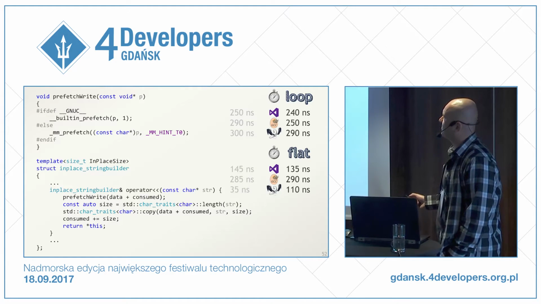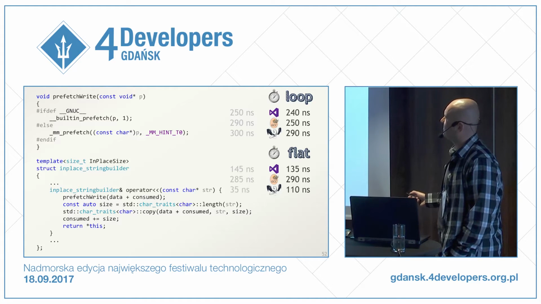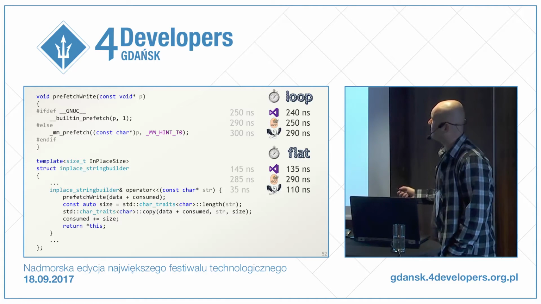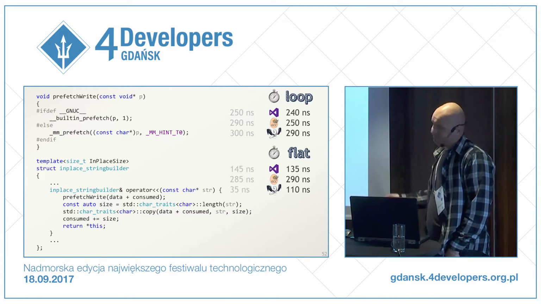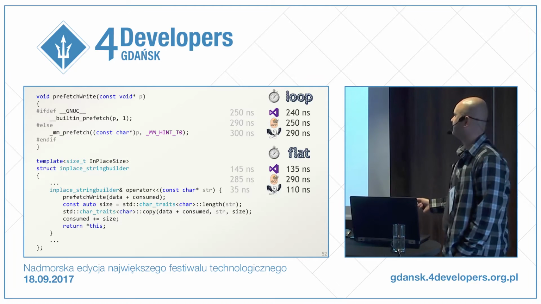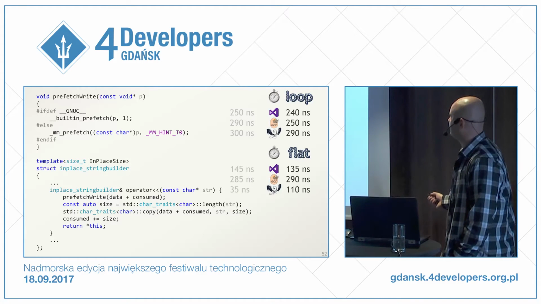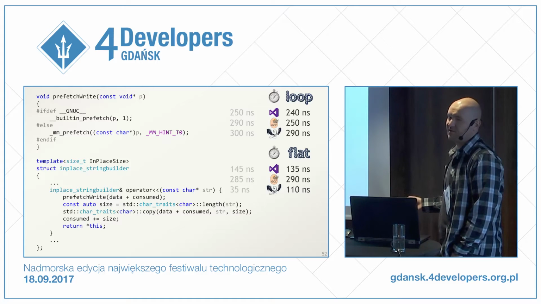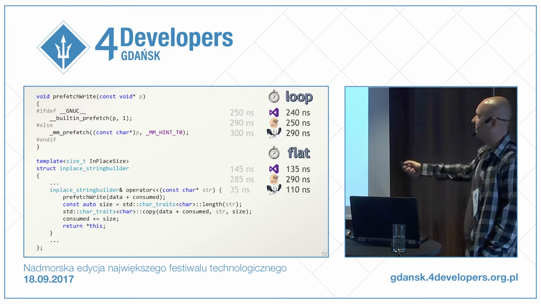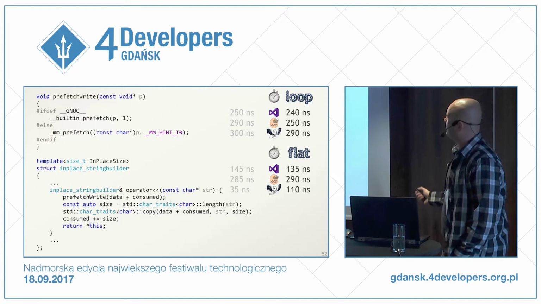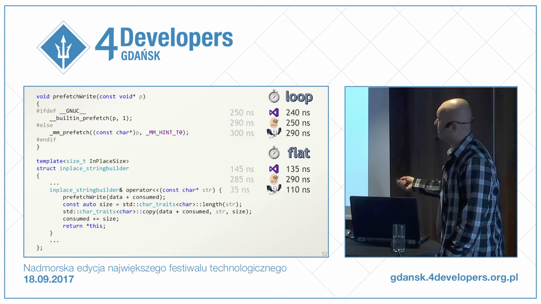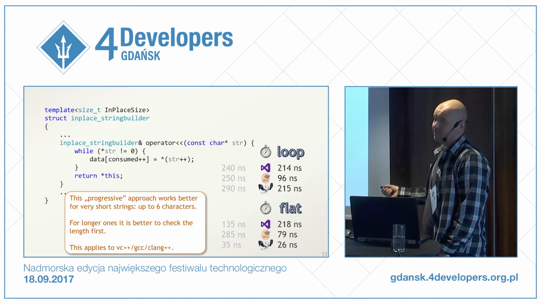This hint, this is Visual Studio, tells it to populate all the cache levels, including L1. Let's see. The times are very, very similar. And in the case of the highly optimized code of Clang, the time only increased. So we tried somehow to outsmart the compiler. It worked for some cases, but hurt one case.